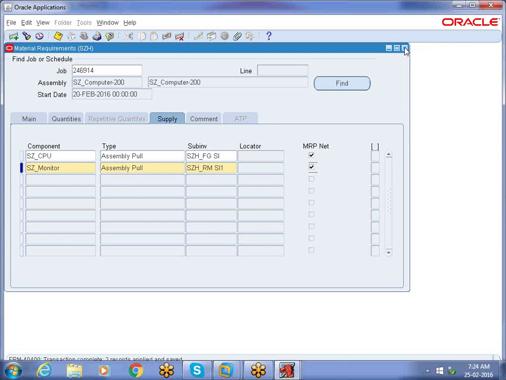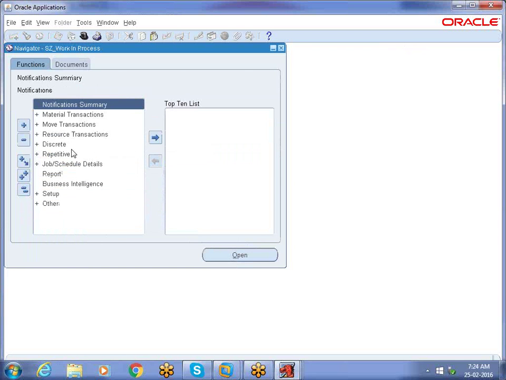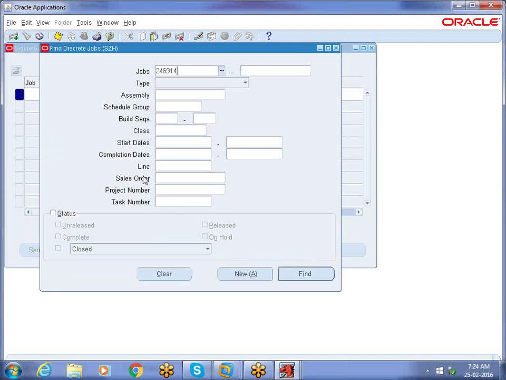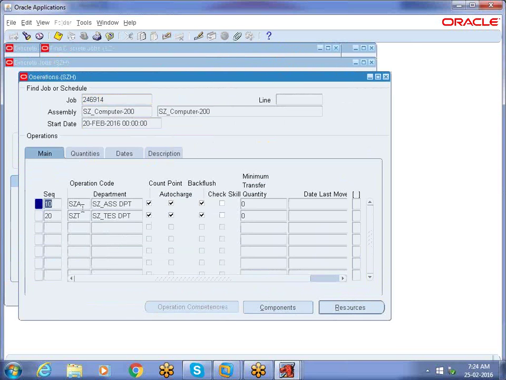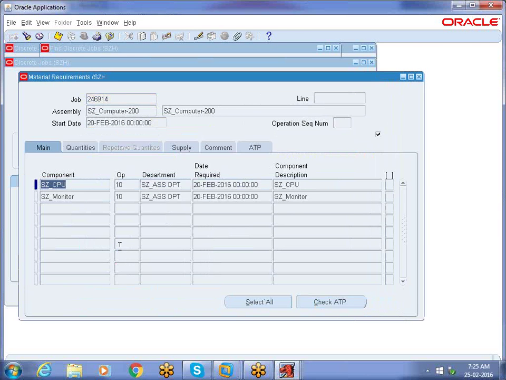Now you close the form. Next, continue. Now just see, understand, discrete jobs. Work order number, select button, find. So what happened here? 2 operations are there. Components are there. These are our components, not